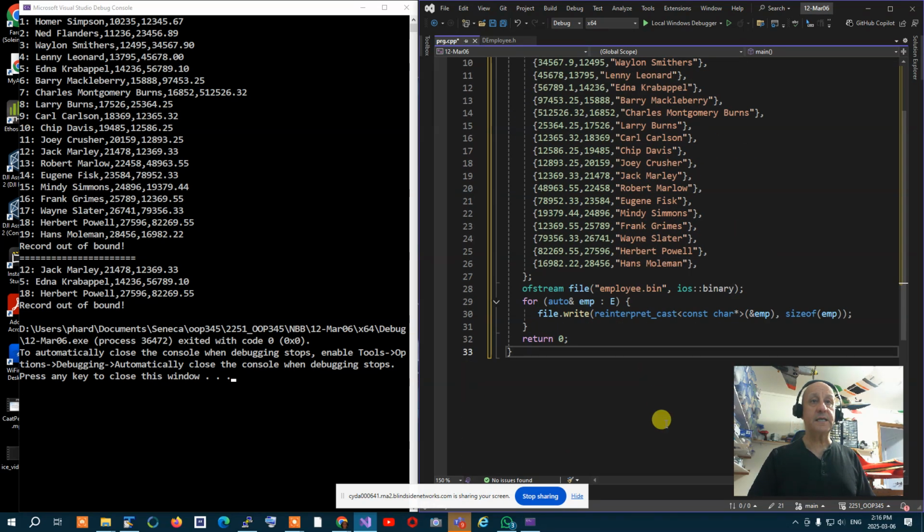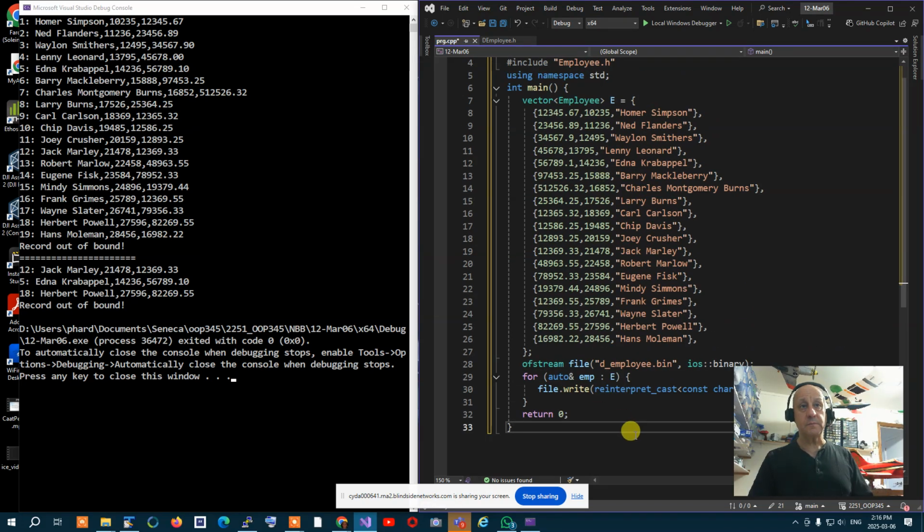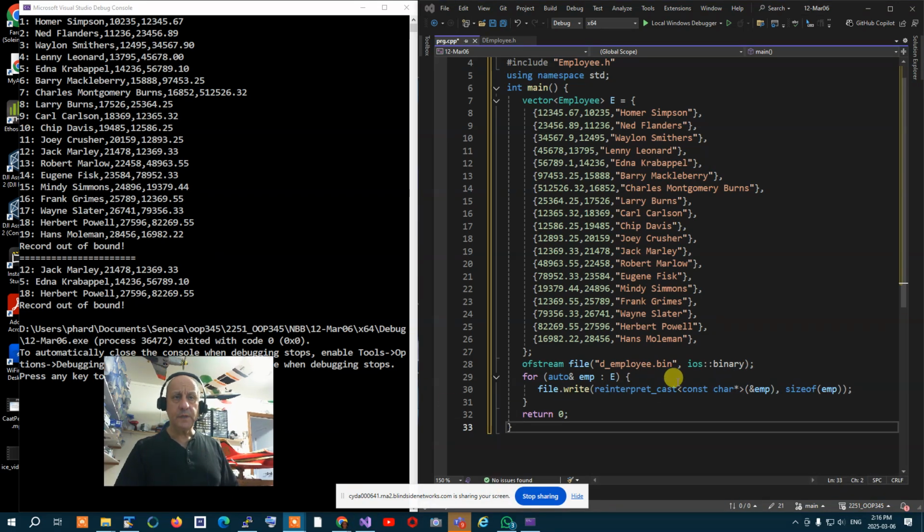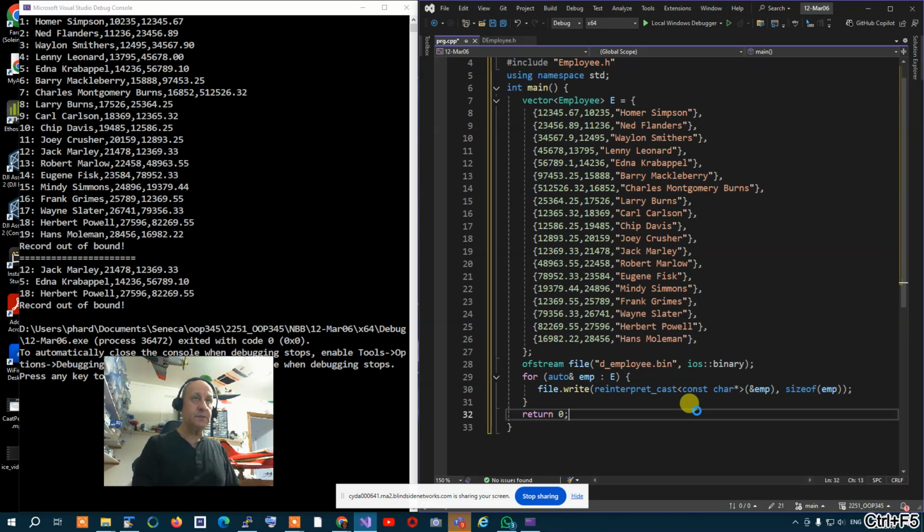The difference is that in here I'm going to put D underline employee bin. So same thing. So what happens over here, it's reading everything and writing them down. Okay, so let's do it and see what happens. I'm going to just start writing everything. So again, please see what's happening here. When you are writing the employee, it gets the address of the employee with the size of the employee and writes them all in the file with the size that they have. Now, when I run this,